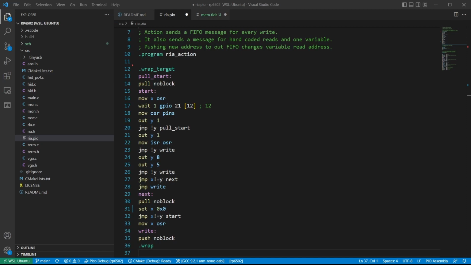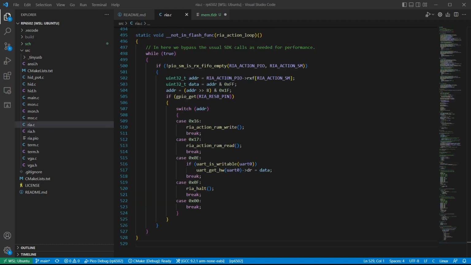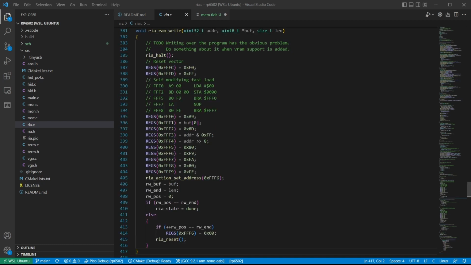In the previous 2 videos, I showed how the 6502 can read and write the PyPico with PIO. A third PIO program has been added to trigger actions when certain addresses are accessed. That PIO sends its messages here. This loop consumes an entire ARM CPU to meet the hard real-time requirements. Here we perform the actions for registers that write to the serial port or shut down the 6502 and other things I haven't added yet. We can also use these messages to support reading and writing the 6502 RAM. Here's the setup for writing.